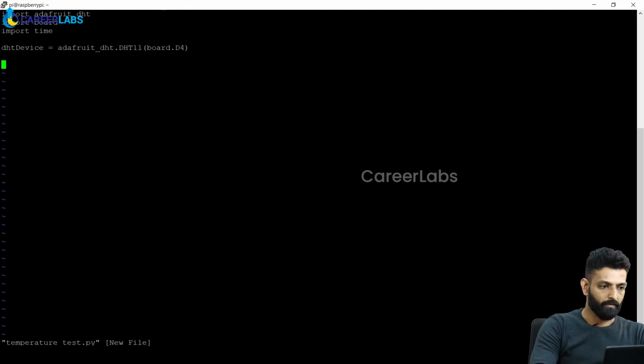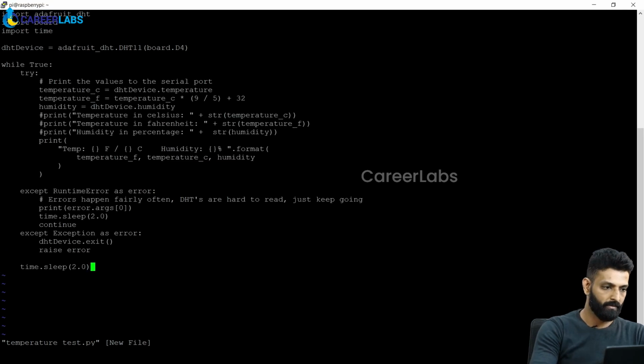So to go ahead, I just have a quick snippet of the program which I had created earlier. I will use that program and I will explain you how the program runs. So this is the program. So here I have put the logic inside the while loop, so as to read the values continuously. So here I have used a variable called temperature_c, in which I will be reading the temperature value, that is from the DST device variable I will be extracting the temperature value.